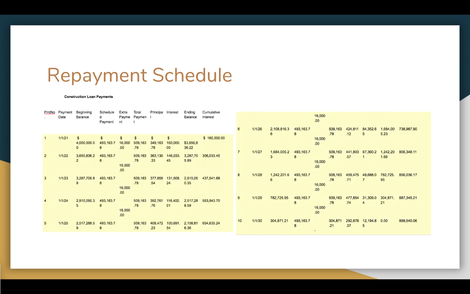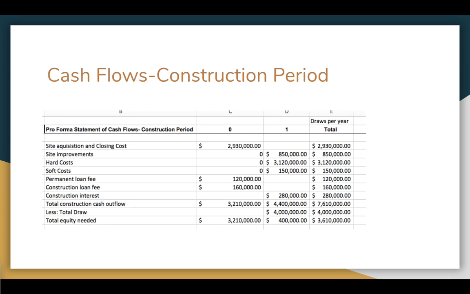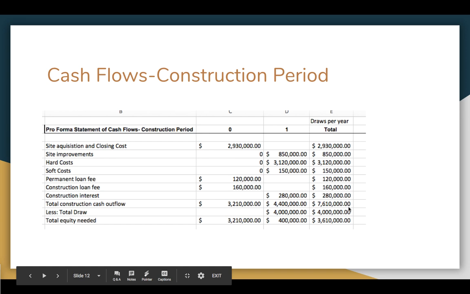The repayment schedule goes as planned, and it seems feasible that we can pay this off in about 10 years, accumulating a total interest of $800,000. The cash flows of the construction period are as follows: the site acquisition and closing costs are $2,930,000, and the hard cost site improvements are more than that, at $3,150,000. At the bottom, we conclude that the total equity needed will be around $3,610,000, which would not be very